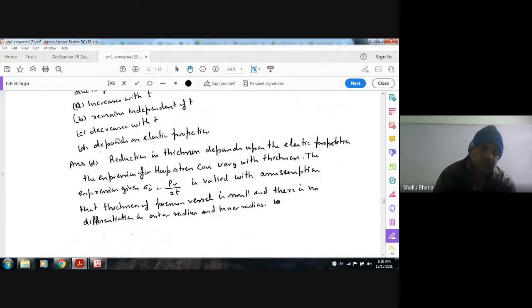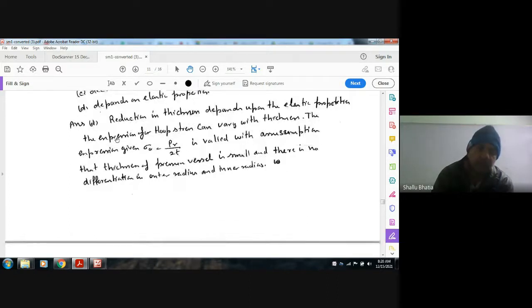So the strain in the thickness, or decrease in thickness, will be sigma theta by E into t. So t will cancel out. As the wall is very thin in a thin spherical pressure vessel, there is no differentiation between inner radius and outer radius. So it doesn't depend upon t. So it will depend on the elastic properties, that is E. So the answer should be D. Okay. Next,